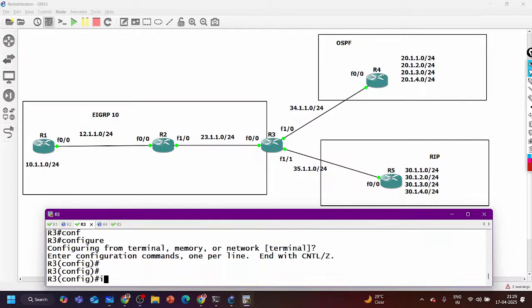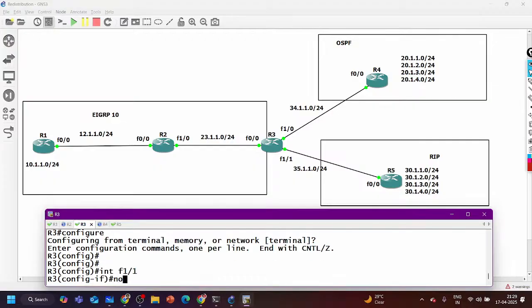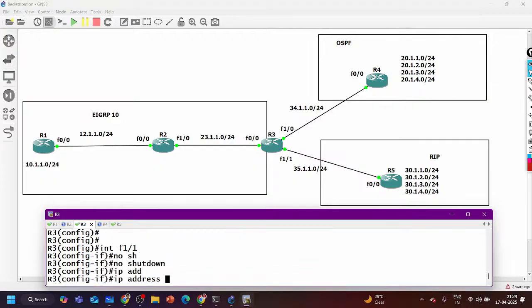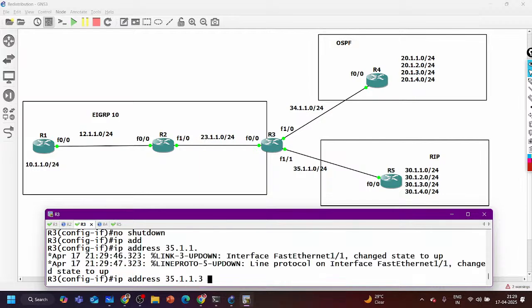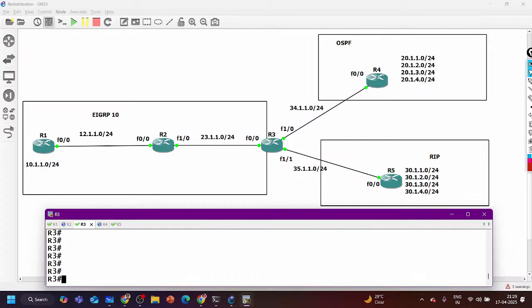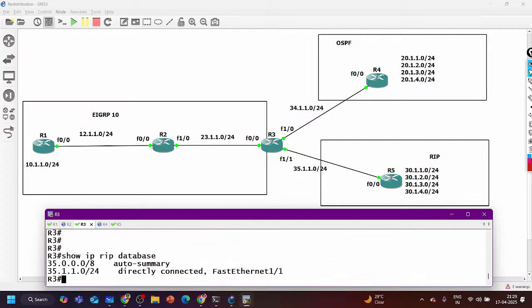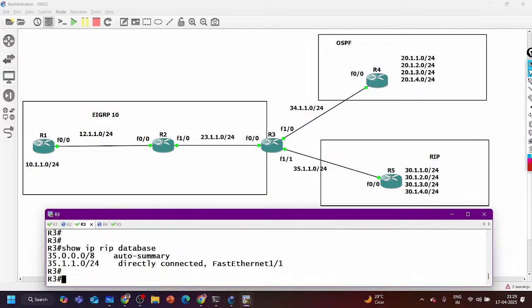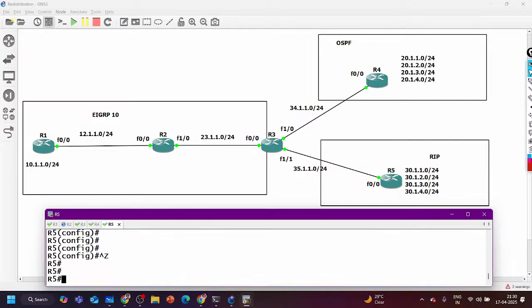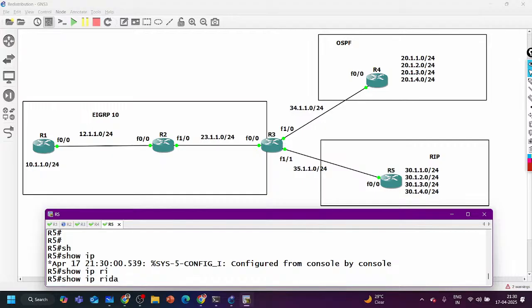Okay. Config T, interface F1/1, no shut and IP address 35.1.1.3, 255.255.255.0. This was the issue. So show IP RIP database. Now wait for some time. Show IP RIP database.